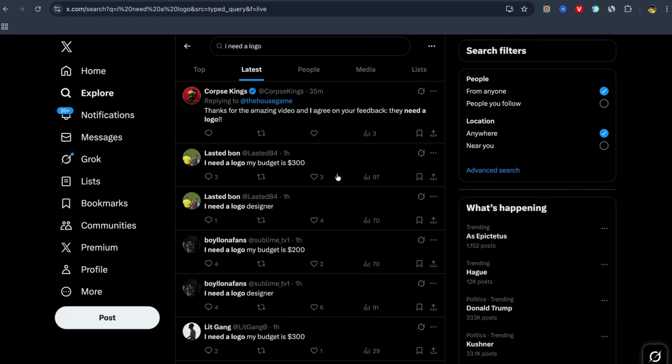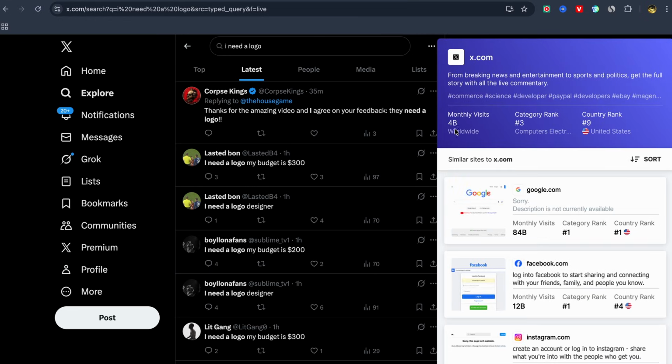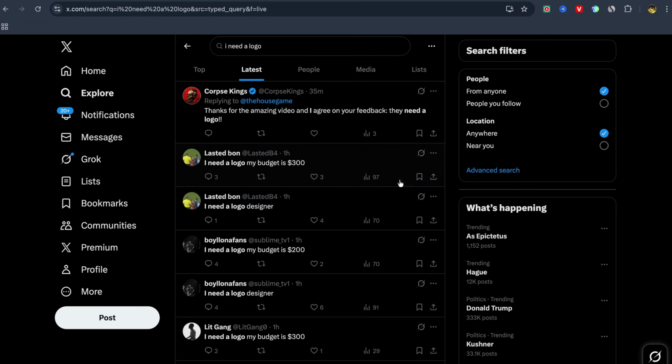Once you finish, you should have an account like this one with X. And by the way, guys, you should know that X Twitter has 4 billion monthly visitors. You can get so much traffic from X. It's also a good social media platform for affiliate marketers, and you can find a lot of clients and customers, people who will be interested to buy services or products from you inside X. So don't sleep on this. 4 billion monthly visitors is a lot of traffic. A lot of people are using this social media platform.